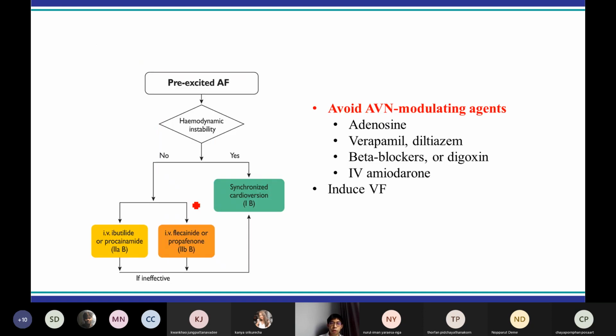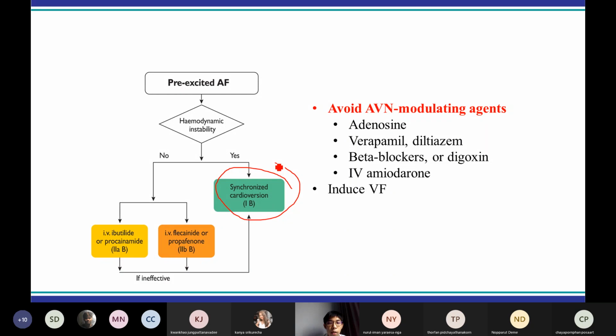So what do we do if the patient is in pre-excited AF? First of all, we have to evaluate if the hemodynamics of the patient are stable or not. Is the patient in shock or heart failure? If the patient has hemodynamic instability, you have to do synchronized cardioversion immediately to turn to sinus rhythm. But if the patient is stable, you could use medication